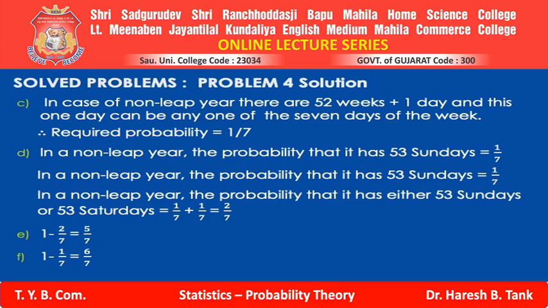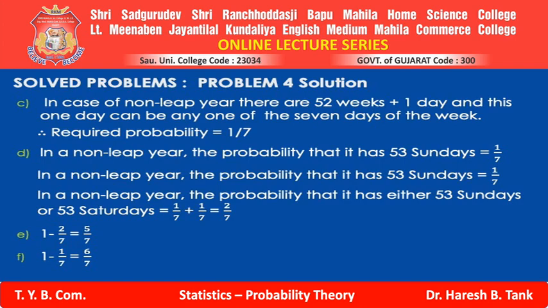The next example is simplifying it. Now all the probabilities are with you, which is nothing but 1 minus 2 by 7 comes to 5 by 7. And the next one is 1 minus 1 by 7, which is nothing but 6 by 7, which is simply a complement. All these probabilities which we have found, take the complement of it. That means it is 1 minus 2 upon 7 comes to 5 by 7, 1 minus 1 by 7 comes to 6 by 7, and that becomes the desired probability, the required probability. Clear?